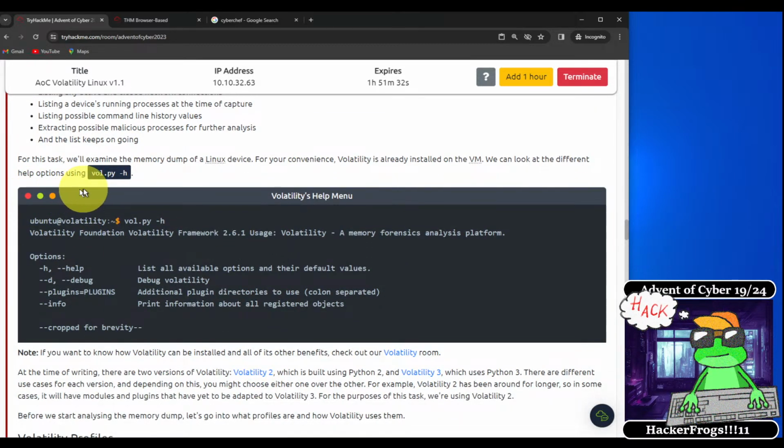For this task, we'll examine the memory dump of a Linux device. For your convenience, Volatility is already installed on the VM. We can look at different help options using vol.py -h. Okay, so if we copy this command